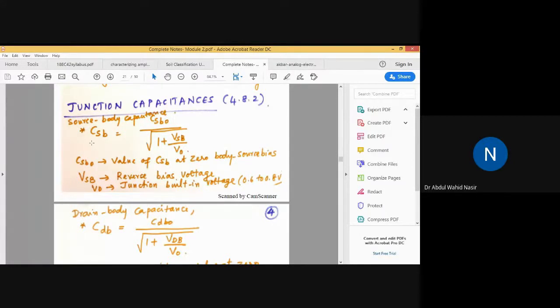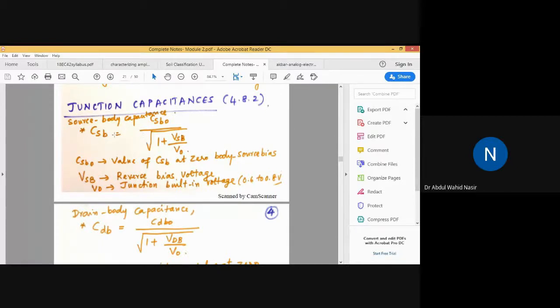You just need to know and understand it. No need for derivation or learning how to derive this equation. You have to learn it, understand it, and use it in the numericals. That is your requirement.